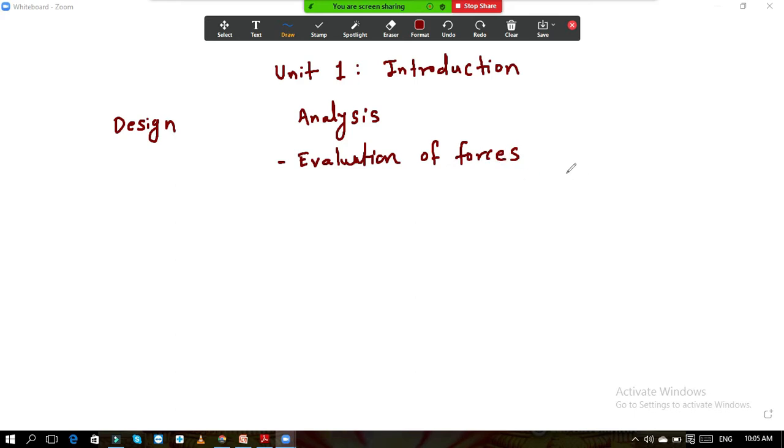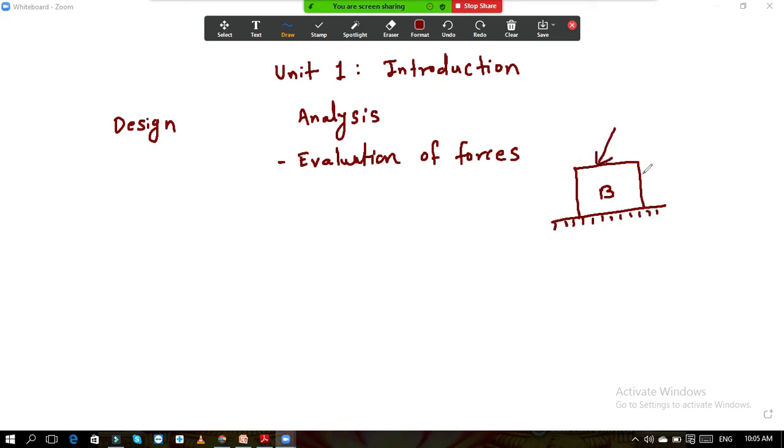Suppose now a block is there. If you want to design this block B, design does not mean that today you thought the dimension is 200 by 400 and you provided the cross sectional dimension as 200 by 400, whatever you want. It is not like that. First of all you need to analyze what is the state of this block. So which forces are acting on the block?